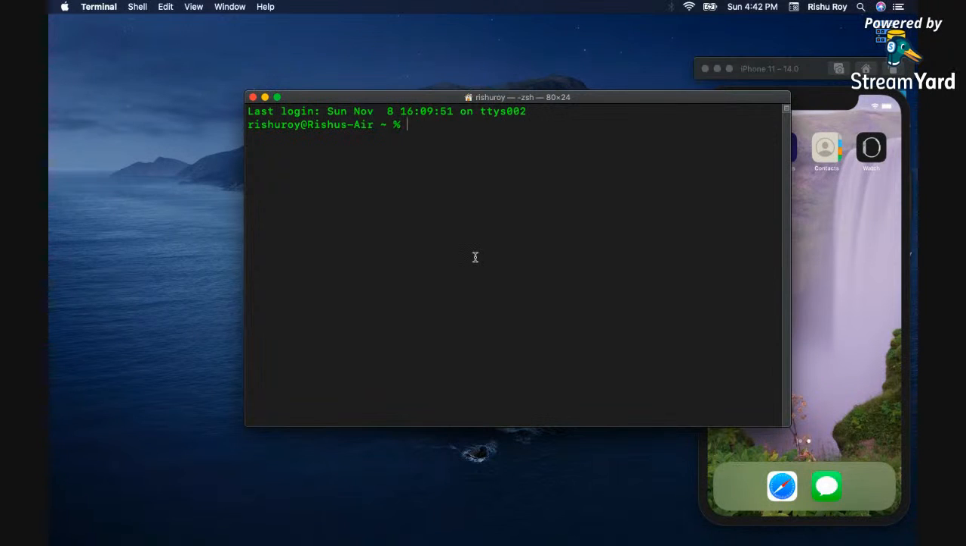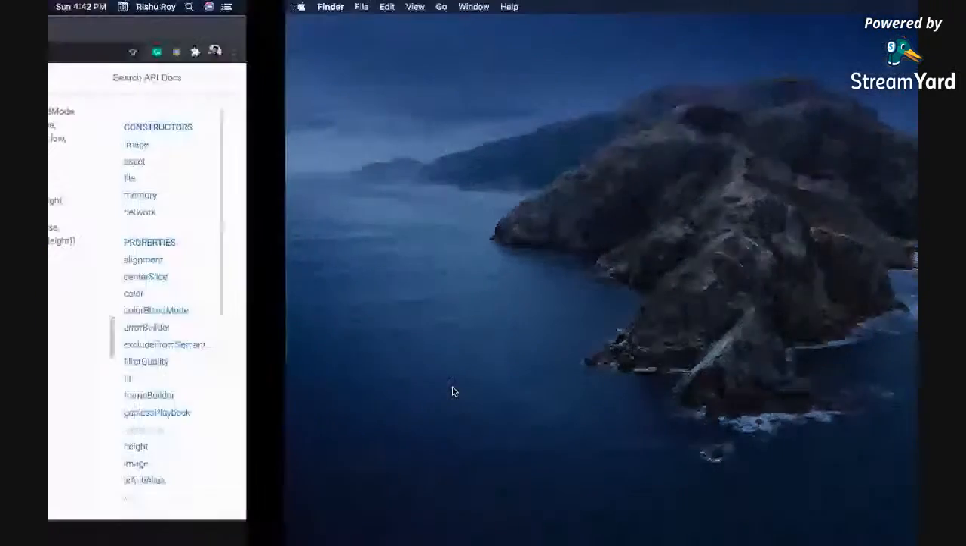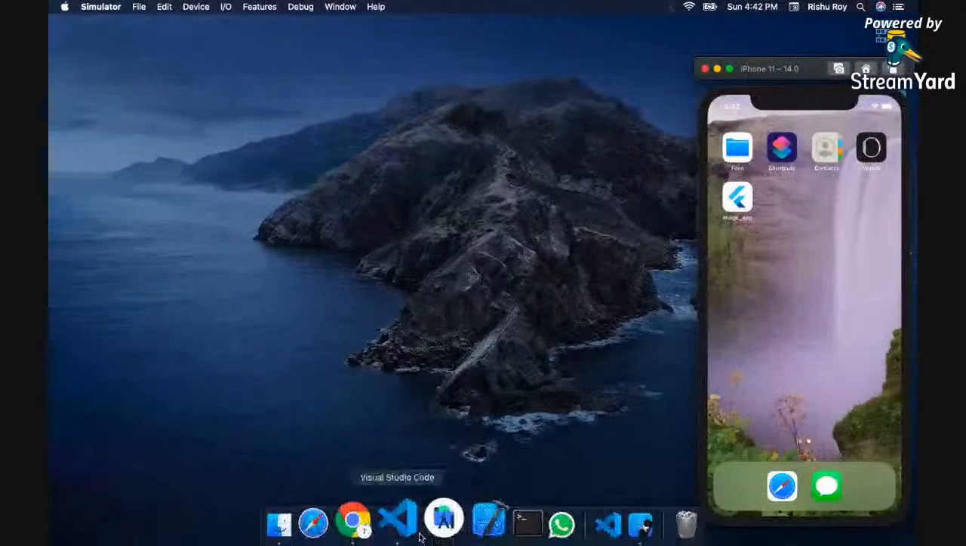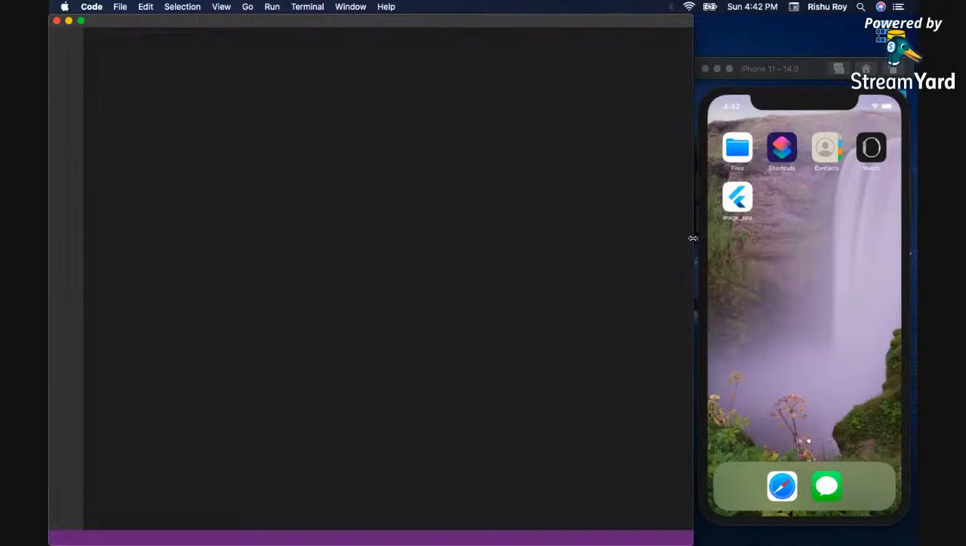Okay, so now let me show you some new way of creating a Flutter project. We have seen how we can do this with Android Studio. We have seen how we can do this with command prompt or terminal. Now let me add something new flavor to it. So the first thing that we are going to do, we have just opened our VS Code here, and in VS Code